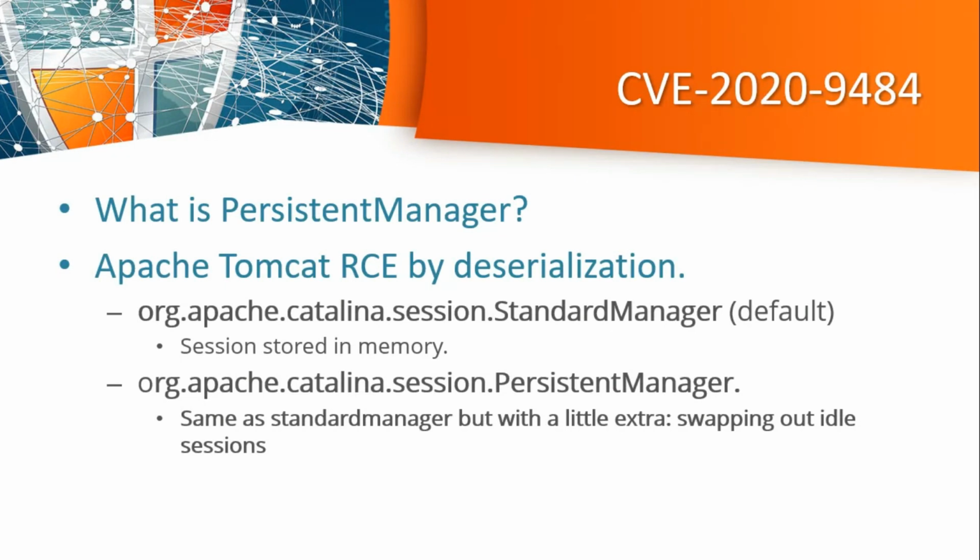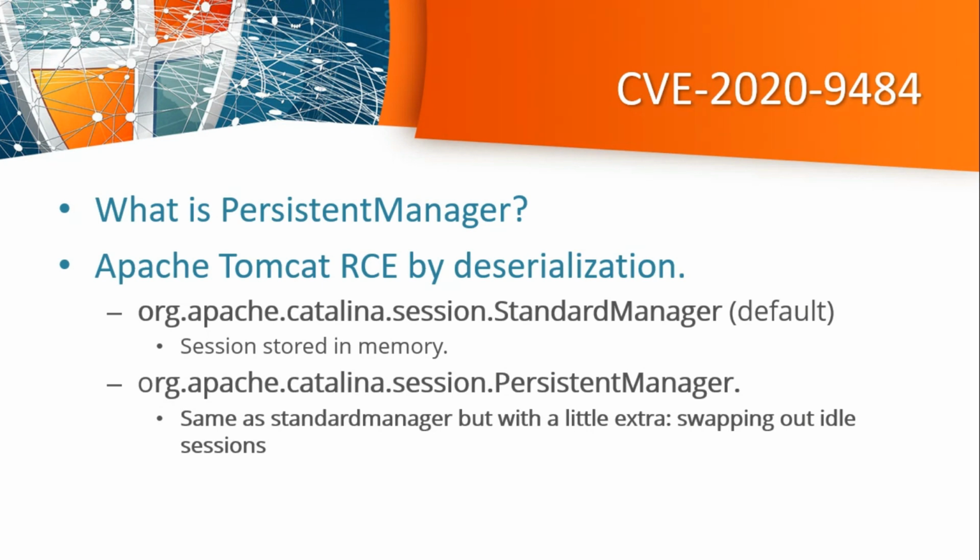Tomcat uses the word manager to describe the component that does the session management, and sessions are used to preserve the state between a client and server. There are multiple decisions to be made about how to do that. For example, where the session information is stored, whether in RAM or on a hard disk, and in which form the session is stored, in JSON format, a serialized object or any other format. How are the session IDs generated, and which session attribute do we use to preserve the session. All this data is managed by session management.